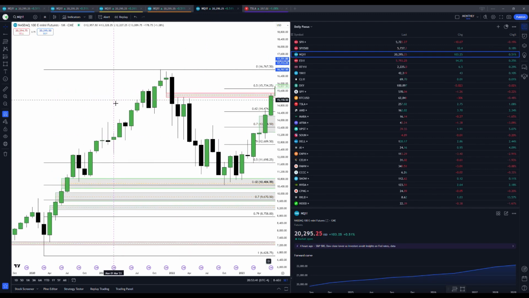But the second form is something that I'm sure all of you who've been around for a little bit have seen or heard of before, and that's simply just a gap, right? If you have a gap higher, we call that a bullish volume imbalance. A gap lower, a bearish volume imbalance. Just gaps, but those gaps actually carry a lot more weight than what you might have thought.